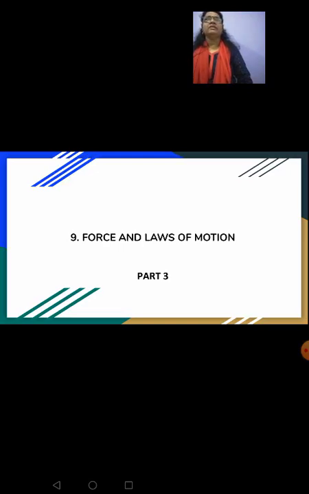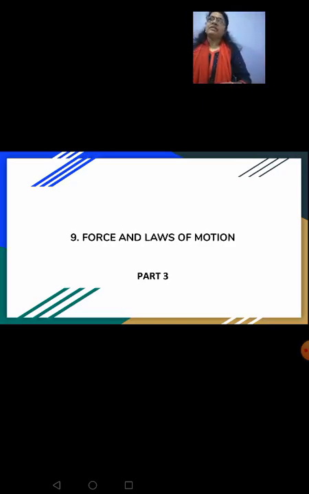I gave you that example that if a moving car stops suddenly because its battery was dead, you call the people standing around to push it. When you find them applying a sudden push, the car is not going to start. Then you tell them to apply a force on the car for a longer period of time, and then you will find a change in the momentum. So it states that the rate of change of momentum is directly proportional to the applied force.